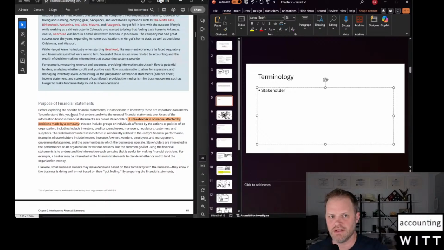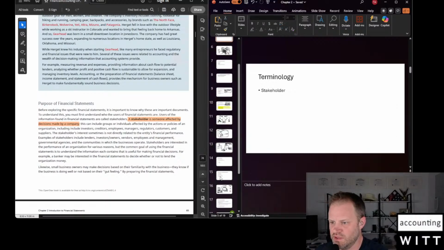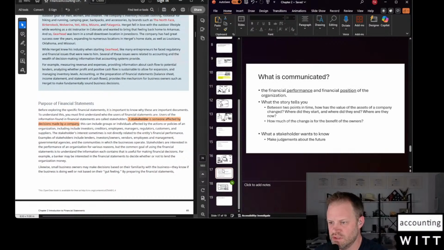I'm pretty sure there's a glossary in the book, but I'm just going to make a note that it's important that we dive into stakeholders, because what this is saying is that understanding the perspective of a stakeholder helps you understand the purpose of the financial statements. And so I've kind of introduced it as